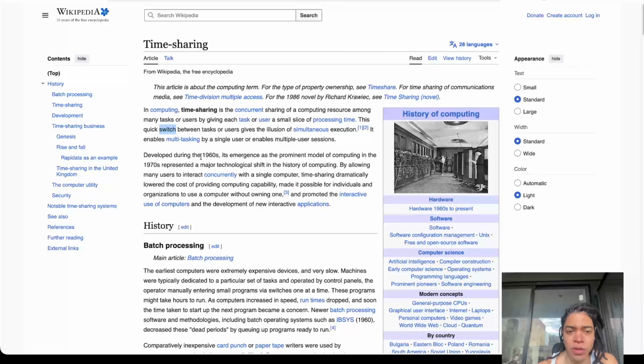So developed during the 1960s, with its emergence as the prominent model of computing in the 1970s, it presents a major technology shift in the history of computing. By allowing many users to interact concurrently with a single computer, time sharing dramatically lowered the cost of providing computing